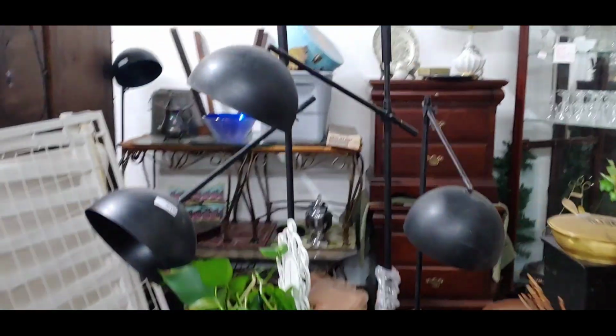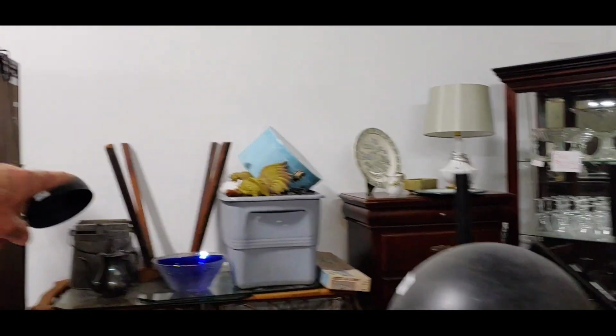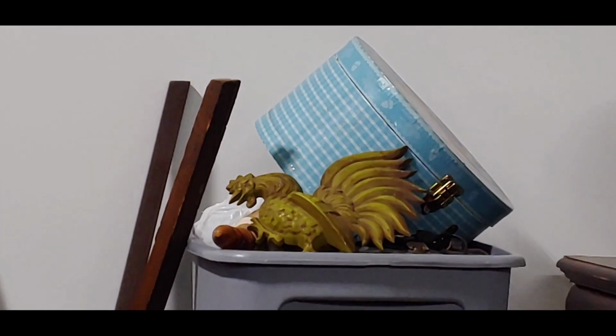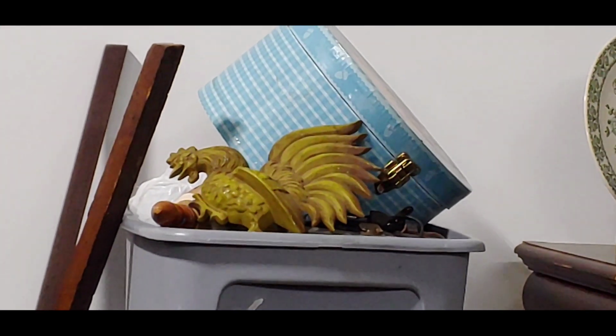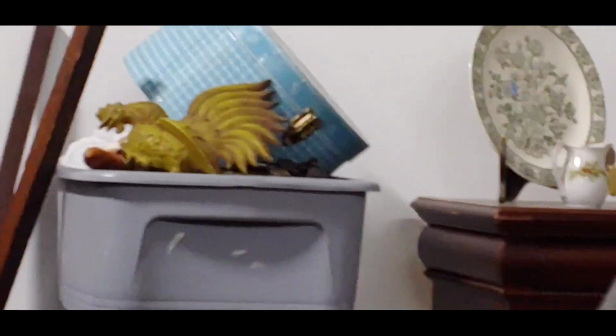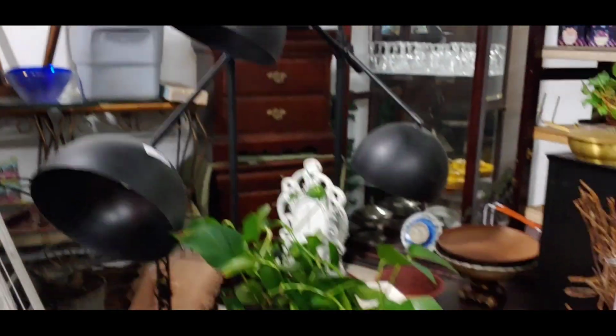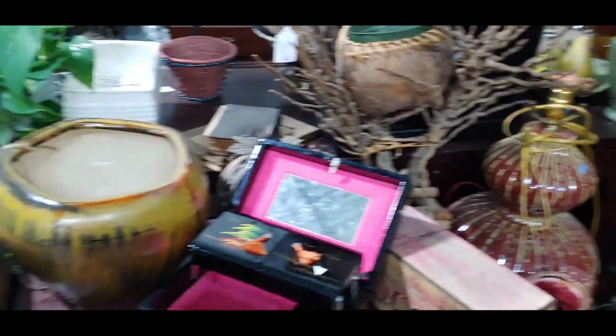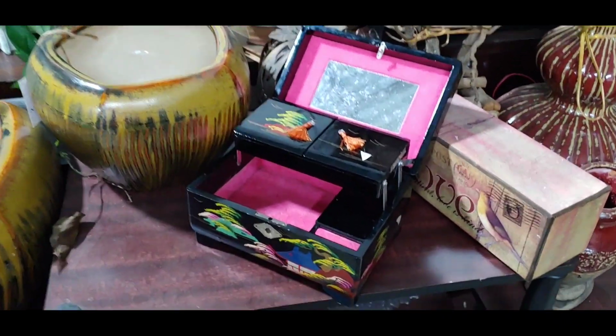What are you showing me? A rooster. Huh. I don't know if this booth is open or... Found a collection of Mark Twain. Who? Is that of interest to you? I don't know. Mark Twain books or...